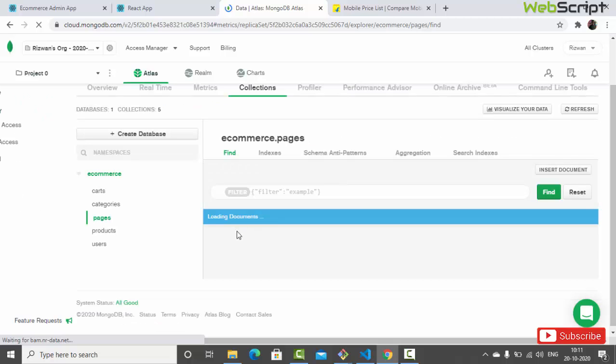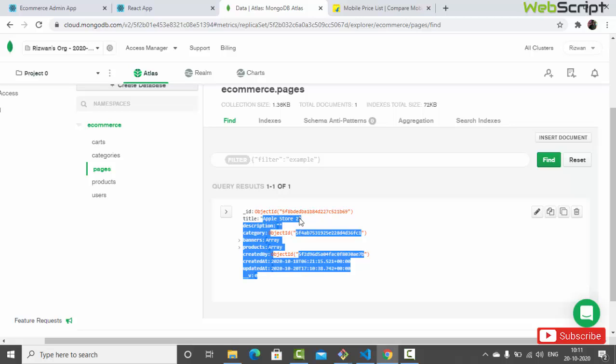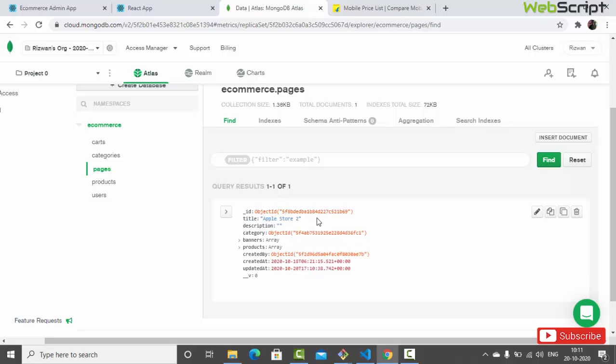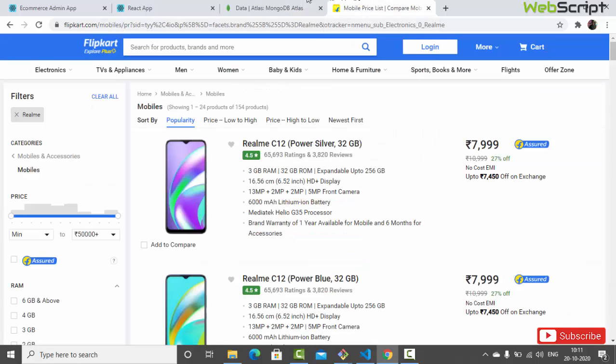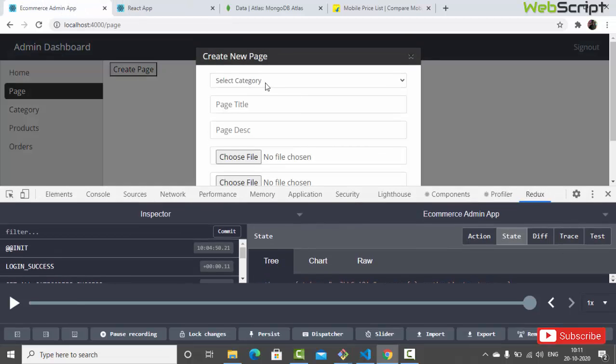Now here you can see what we have. Title is Apple Store 2, right? So it got updated. Like this, you can create more pages with banners and products. Okay, so let me undo the change. We'll go again, we'll say create page, we'll select Apple, and we'll select